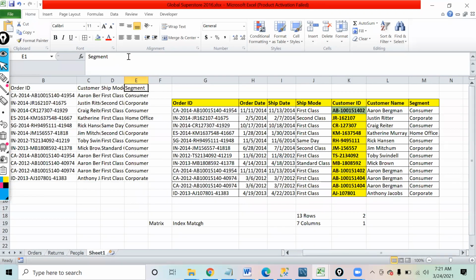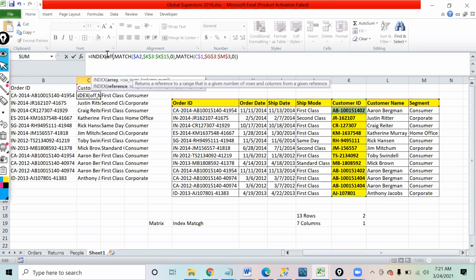Inside this, instead of giving the range like this, you can also use offset over here. So you will be able to give the offset inside this, and you can give the reference point 0, 0 and the COUNTIF formula, right?